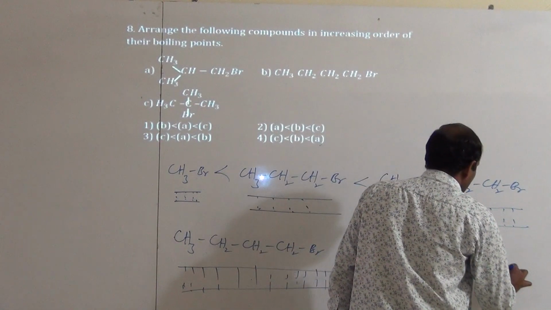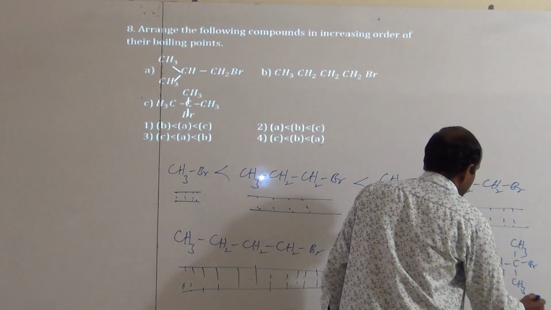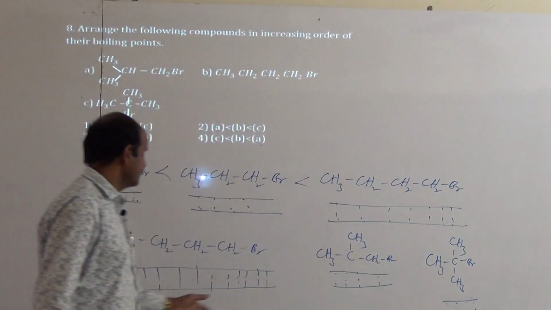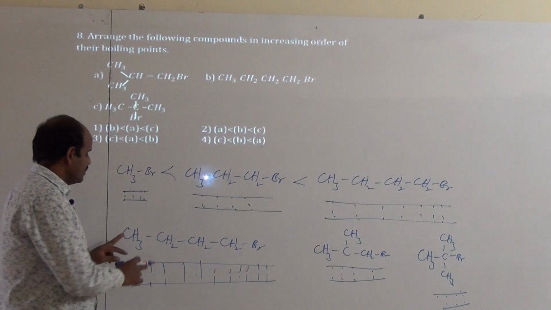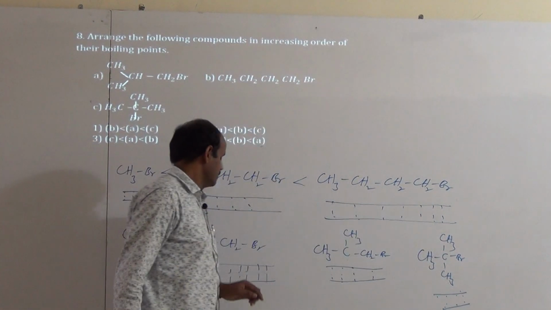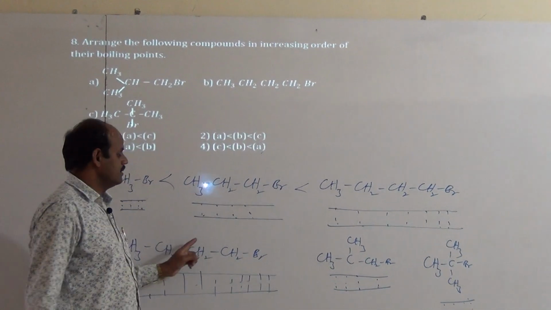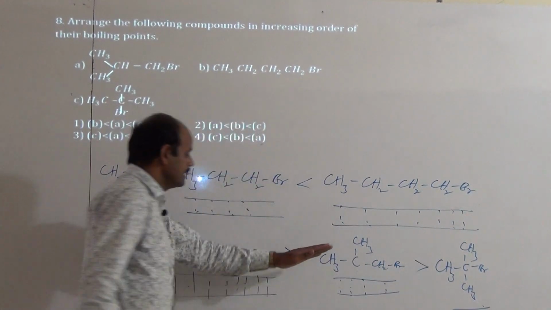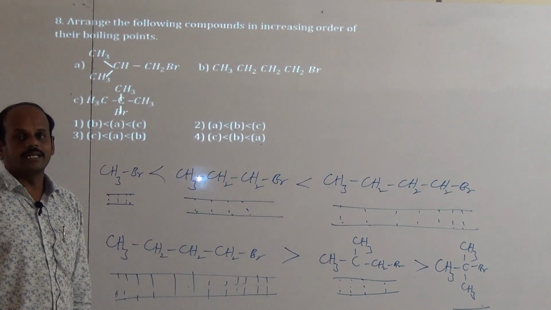If you take tertiary butyl bromide, then the length again decreases now. When the length decreases, attraction forces decrease now. Okay, that's when the branching increases. Even though they have the same number of carbon atoms, 4 carbons here, 4 carbons here, and also 4 carbons here, with Br, same molecular formula and molecular weight also. But the chain linking is different. Thus, when the length decreases, attraction forces decrease. Automatically the boiling point also decreases.